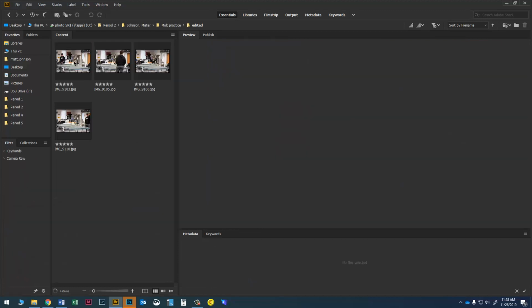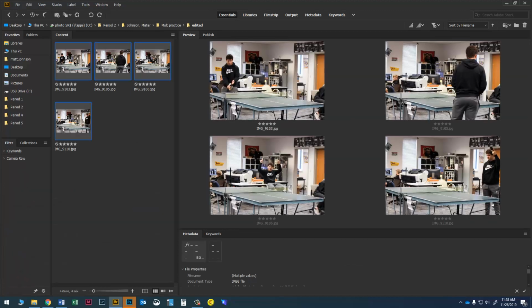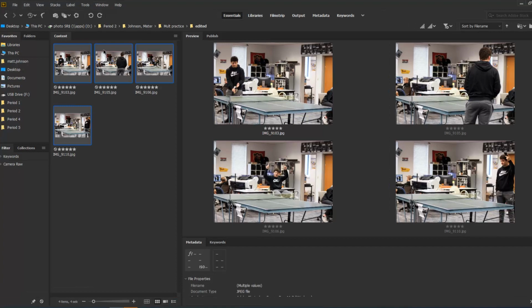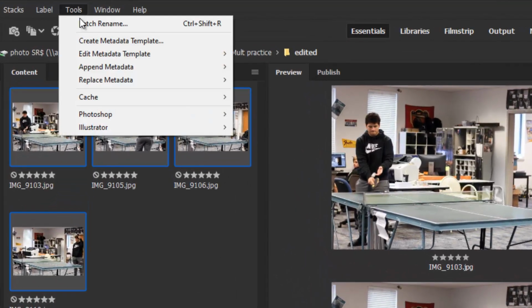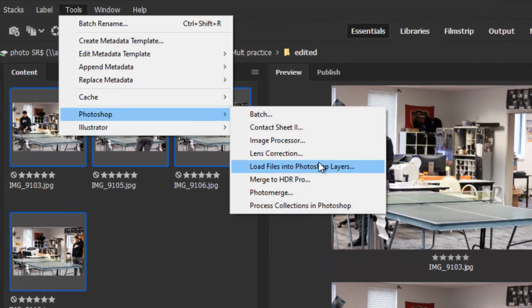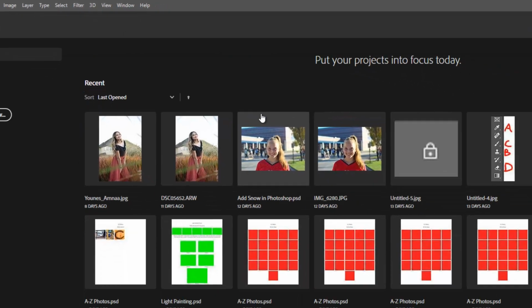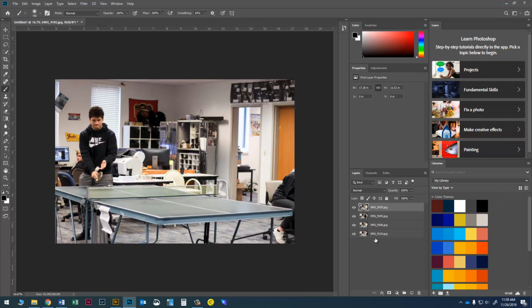I'm going to come in here, go to Edited, press Control A to select all 4 of these, and then just come up here to go to Tools, Photoshop, Load Files into Photoshop Layers. And what that's going to do is it's going to open up Photoshop, and it's going to put all 4 images in the same canvas on top of each other, like this. So you can see these loaded up, all 4 of them in the same layers panel, all on top of each other. And you can see that by just turning these eyeballs on and off, and that allows you to